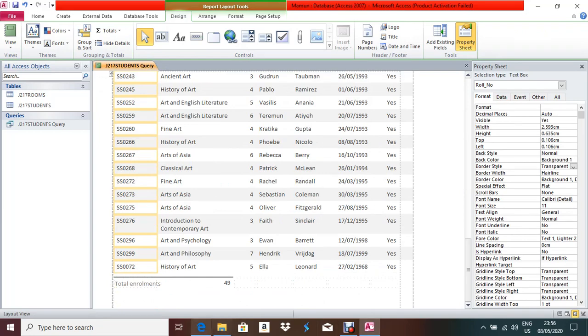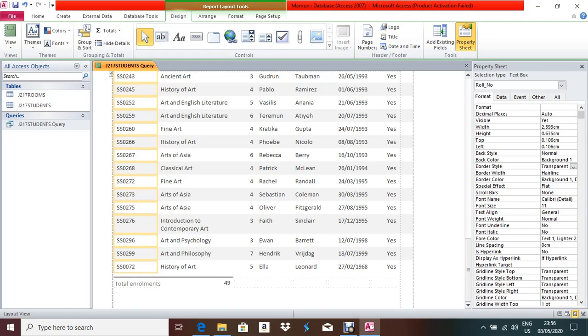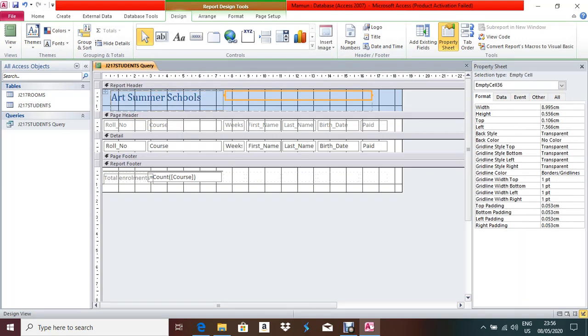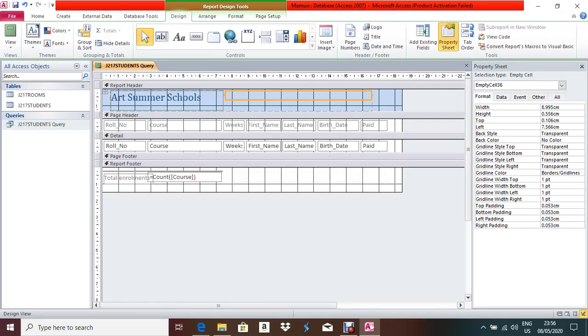Now next question. Include your report title Art Summer School at the top. So open this one into design view. Open your report in design view. Click here, rub this part and type Art Summer School. Done. Now next, what they're asking, add your name, center number, candidate number on the report, like it should be